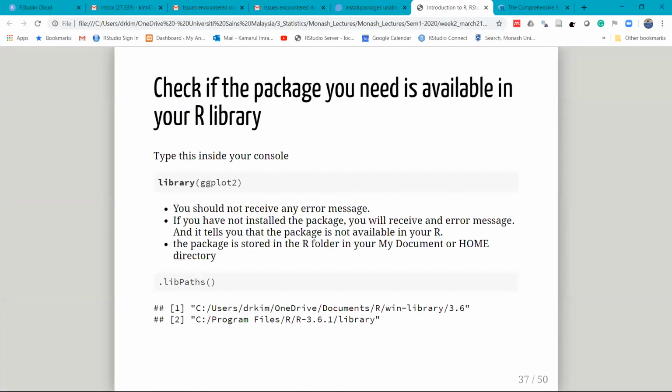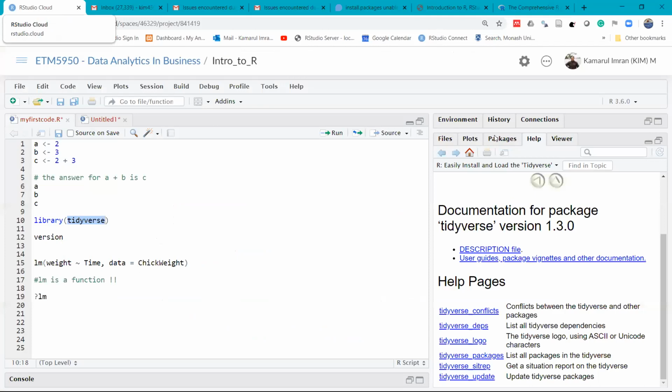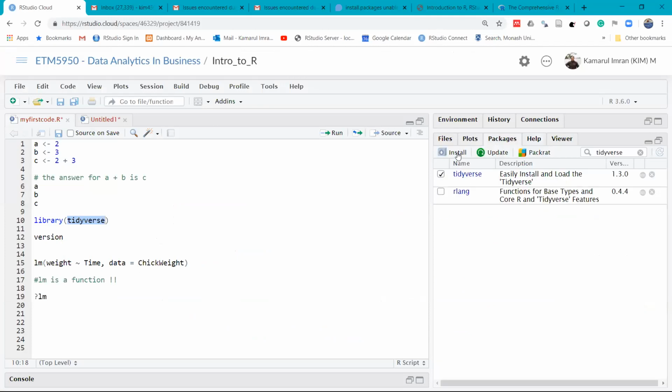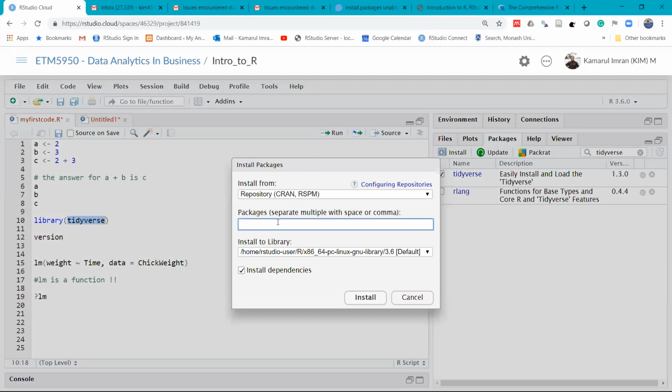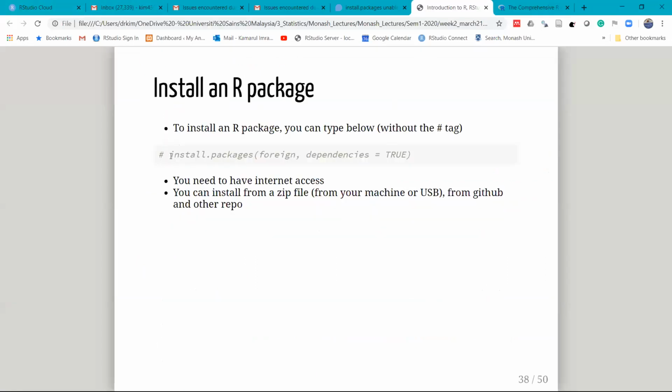So just now we did this, we did library tidyverse, and I showed you just now one way to install a package is to click install and type the package that you want to install, right? But the other option is to